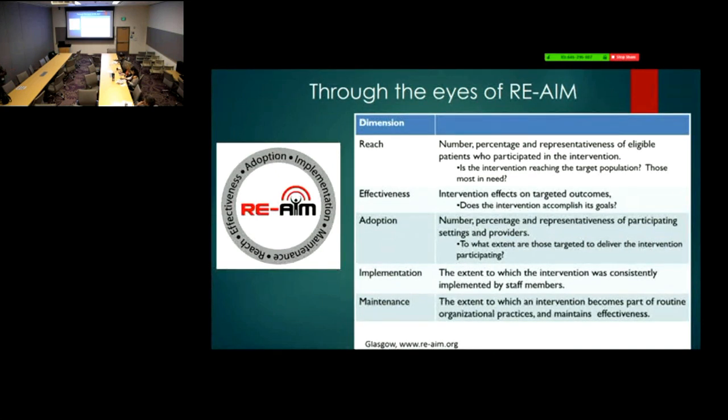So maybe you titrate your analysis a little differently because they didn't fully do it, or these issues were a barrier. Okay, but your actual outcomes depend on the kind of D&I study you have. There are these hybrid types, and I don't have time to get into it, but in a hybrid type 1, your focus is on the effectiveness, the patient stuff. You're looking at this other stuff, but you're not doing anything with it.